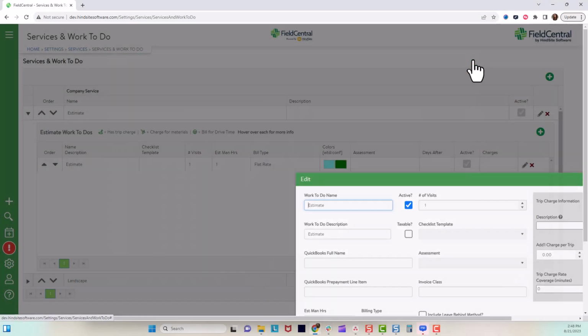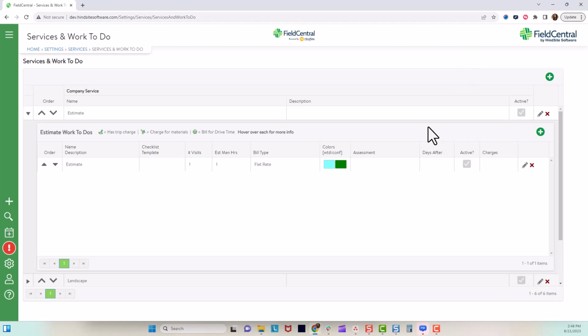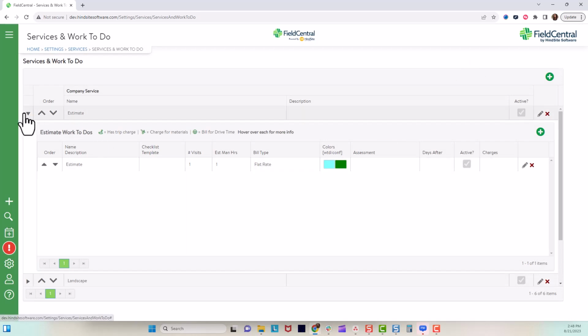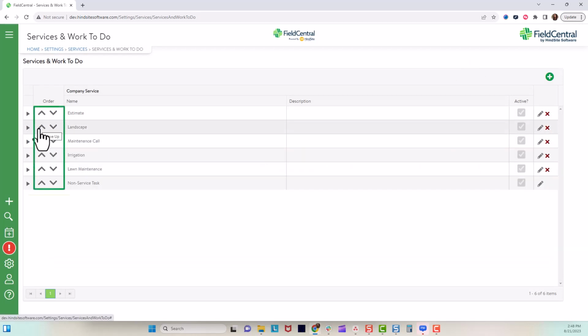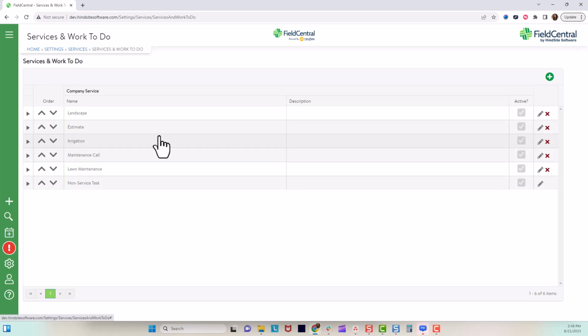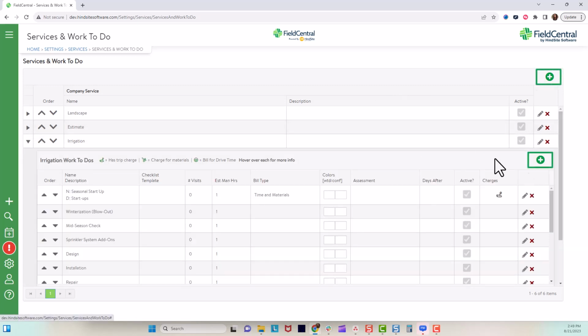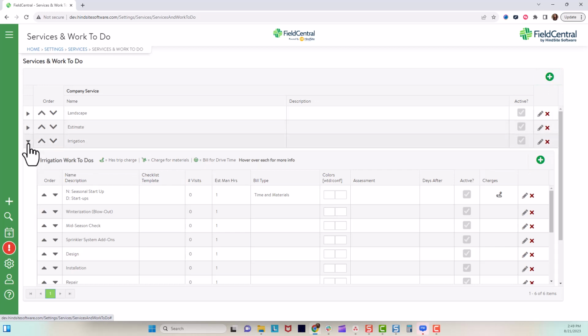Once the user is satisfied with their service categories and work-to-dos, they can use the arrows on the left to organize as they see fit. To add a new service category or work-to-do, users will use the corresponding plus button on the right. Now that we have covered where the user navigates within the system to set their baseline pricing, let's review property